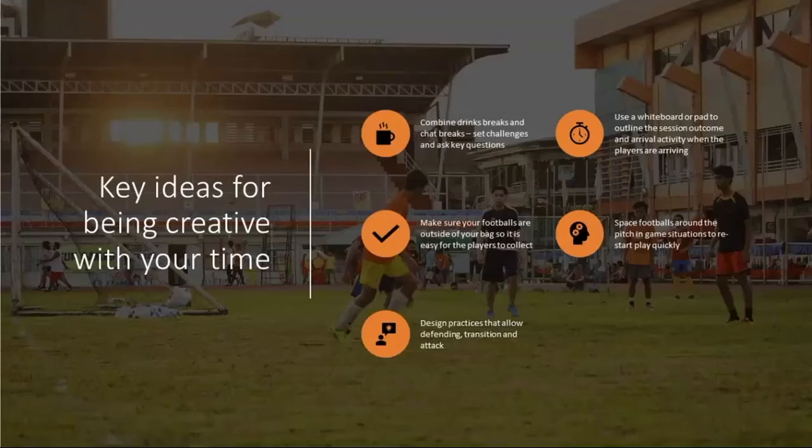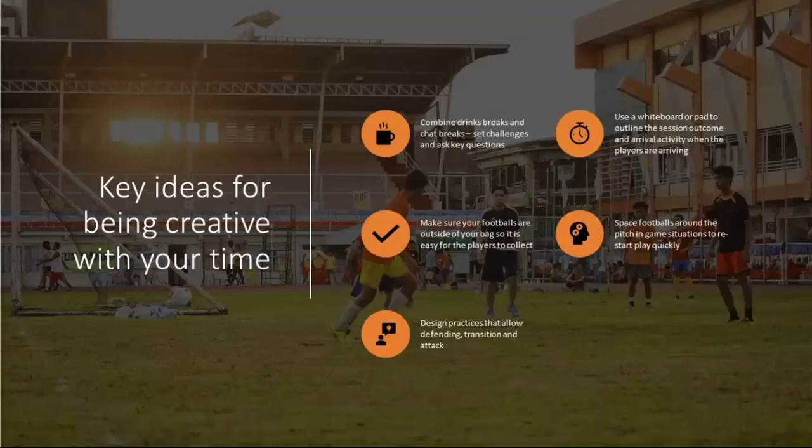Simple, practical stuff. Make sure your footballs are out of your bag rather than that scrum to try and get into your bag when training starts. Just keeps it safer and easier for people to get a ball. Or while you're playing your games, having the footballs spread around the pitch. Really, really simple idea, which I'm sure lots of you do, but it makes a big difference. Because I'm sure you notice when the ball goes off and it's rolled onto someone else's part of the AstroTurf, you've got 12 kids stood there looking at each other, waiting for you to send the next ball in. Well, that doesn't give them autonomy or ownership, and they're relying on you to generate their practice.